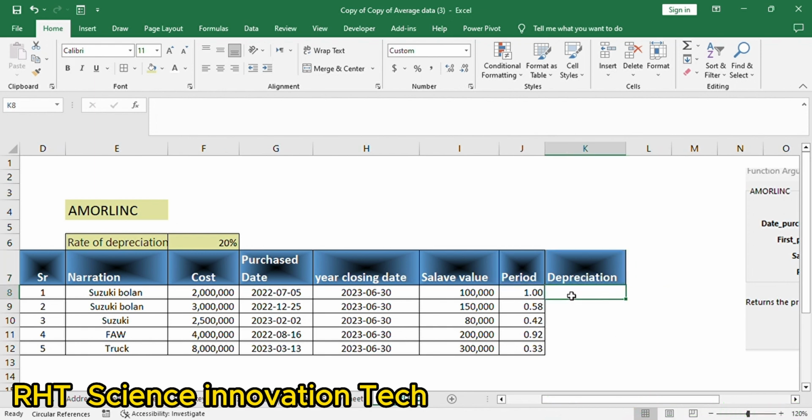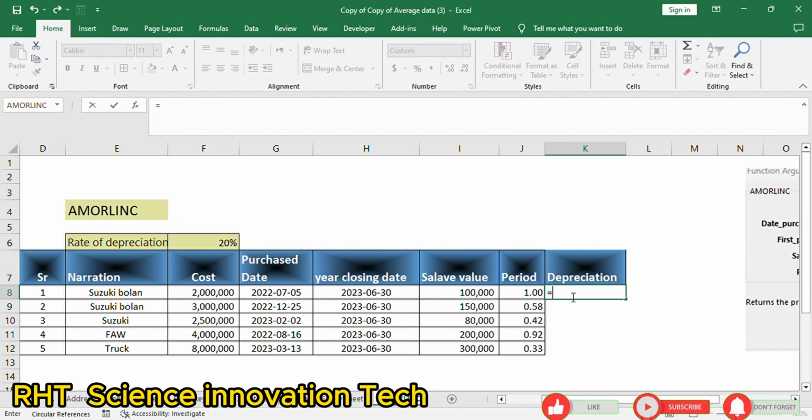So the formula starts with AMORLINC, then first is the cost. We will take this as the cost, and we will keep the reference relative because we are going to drag this formula down. Then next is the date of purchase. This is the date of purchase. The other is the closing date of the company's year. Some companies have 31st December, some have 30 June, so I have taken 30 June. And the salvage value is